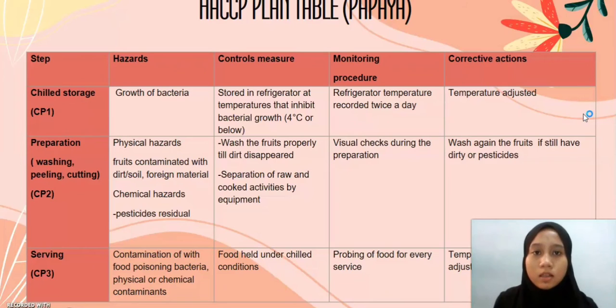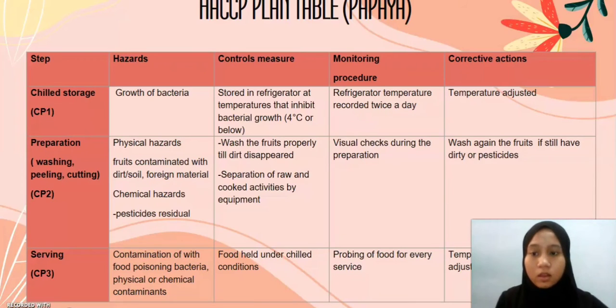Okay, in this HACCP table, considered in this preparation of the papaya, considered to be only critical point. The first step is chill storage. The possible hazard is growth of bacteria. The control measure is store the fruit in the refrigerator at a temperature that inhibits bacterial growth, which is 4 degrees Celsius or below. The monitoring procedure is the freezer temperature must be recorded twice a day, and the corrective action is temperature is